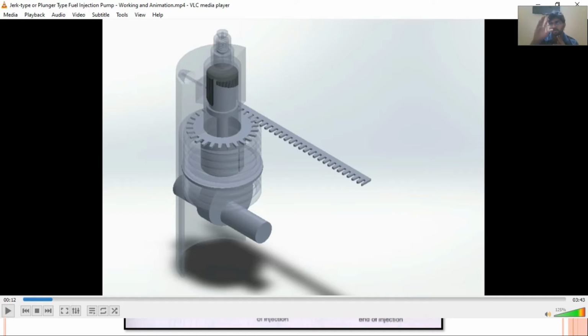If it exposes the spill port earlier, then a lesser amount of fuel would be going to the injector and we will have lower values of effective stroke length. And when the spill port is opened after a long duration, then we will have a greater effective stroke length, and a larger amount of fuel would be going into the combustion chamber, which is required when you are operating your IC engine at higher loads. Moving forward,